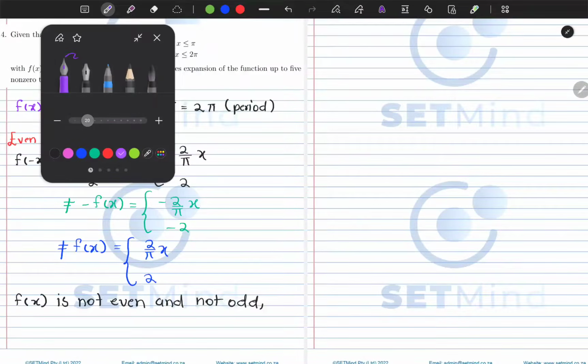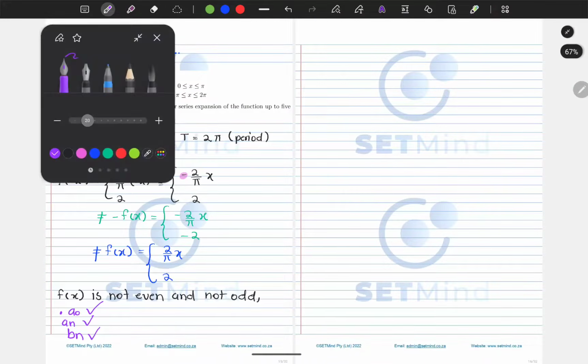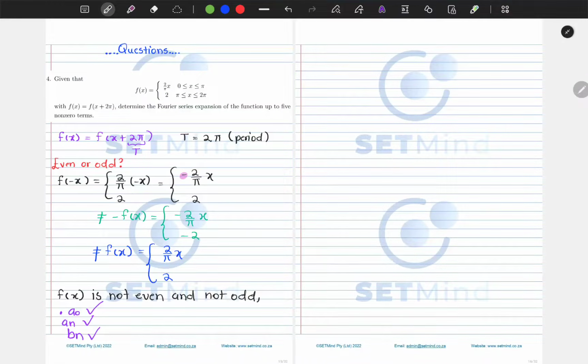So what that means for us is that we need to calculate our a0. We also need our an, and we also need our bn. So all of these need to be calculated. The easiest one is, let's go and find our a0. For our a0, if you look at our function here, it is split in a very interesting way. We are starting from 0 to pi, and then from pi to 2 pi, which is a 2 pi period. So what we are going to do